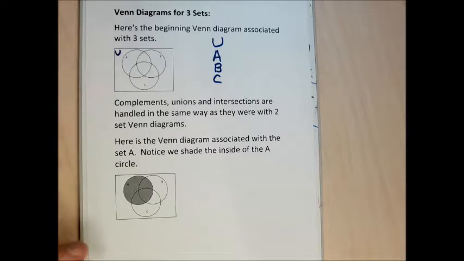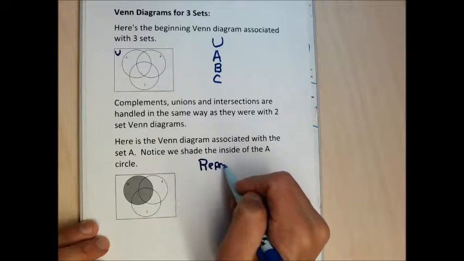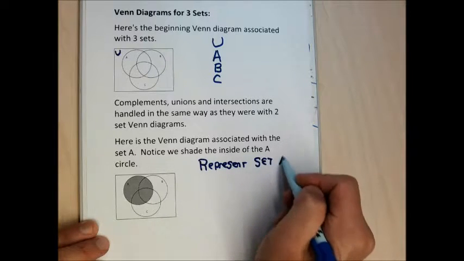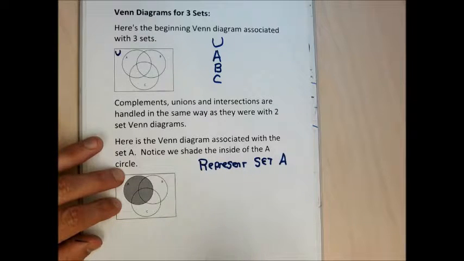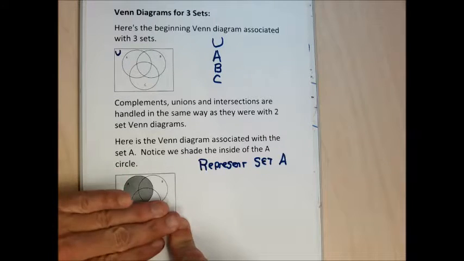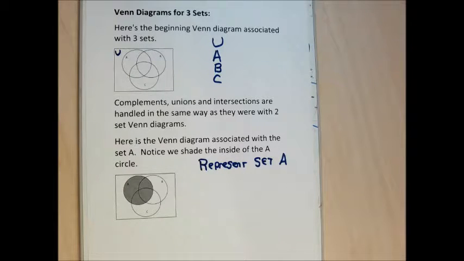And in this Venn diagram, if I ask you to represent set A, you would just shade in set A. So this is a picture of a 3 subset Venn diagram that represents the set A, as opposed to the one that would represent set A when we have 2. All the rules are going to be exactly the same. There isn't anything necessarily new when we go from 2 sets to 3 sets,